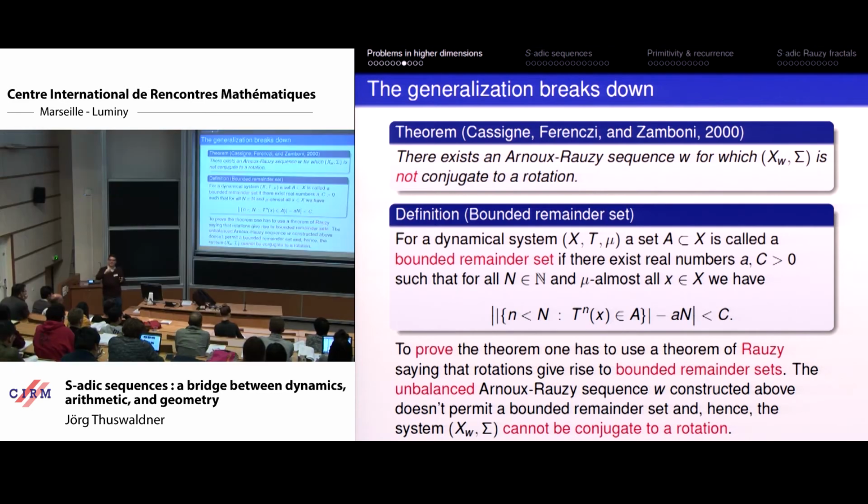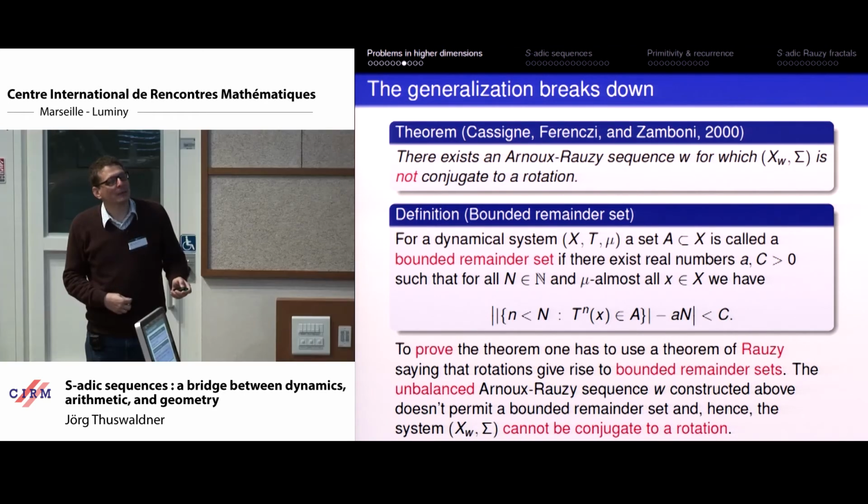So a small set is hit rarely, a large set is hit more often, but a bounded remainder set means it is hit as often as it should be hit according to its measure, apart from a finite, uniformly bounded number of times. This uniform bound is related to the balance somehow. So by using this result,